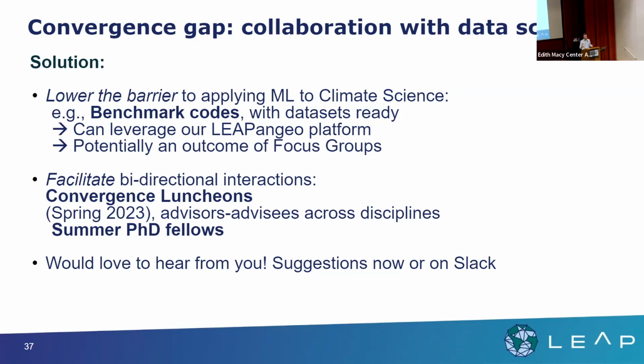So we are also trying to put resources towards you, to actually help. We have the Convergence luncheon that I mentioned yesterday to help between advisors and advisees across disciplines, right? So we can present problems in a relatively welcoming setup. We will have the summer PhD fellowship program for 3 months, so we can support especially data scientists or machine learning PhD students that would want to apply their skill set to a particular climate problem, right? That's really what we would want to do in the end.